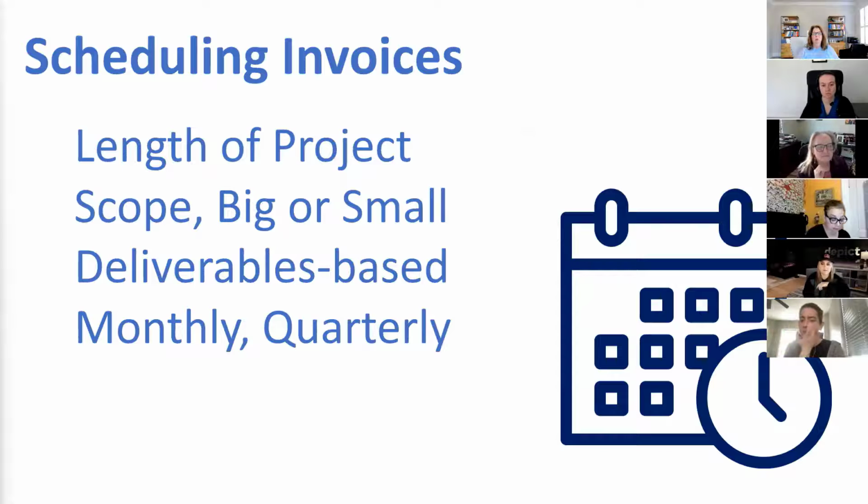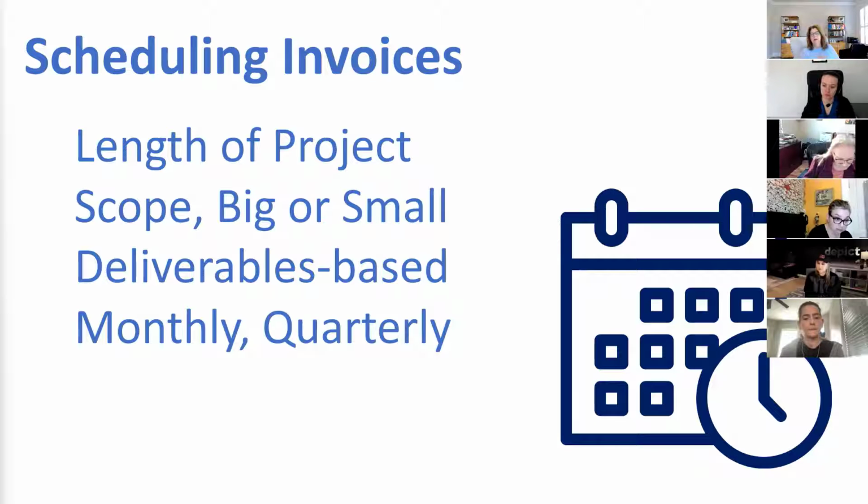There are lots of ways you can do that, and lots of things I think about when I'm deciding how to schedule my invoices. One of them is the length of the project. Is this going to be a one-shot deal? Is it going to be a multi-year project? One of the things I did, and I really learned this from Matt Feldman, who has big multi-year projects, is that he writes one contract for a multi-year situation, and he just has an out clause. And so I've started doing that for my multi-year kinds of projects.